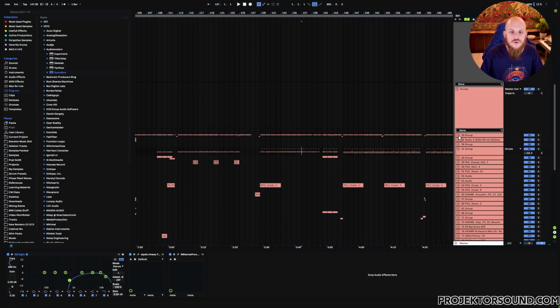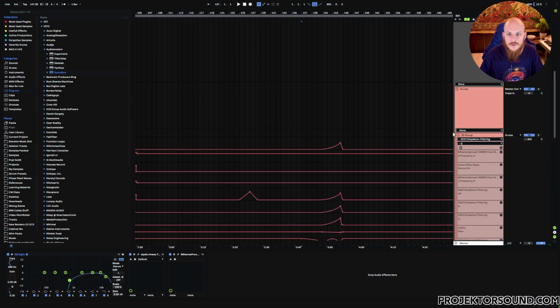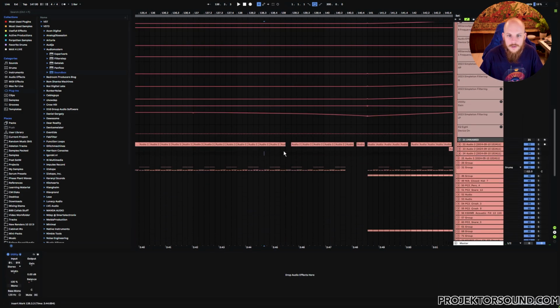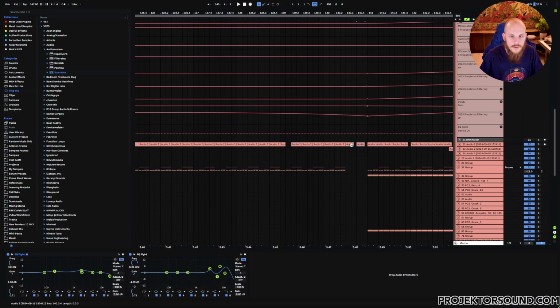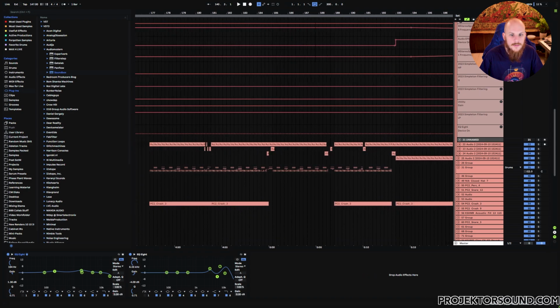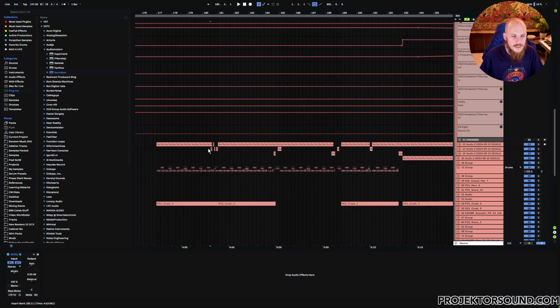But then there's also all of the other smaller fills that are sitting in between. We've already heard a few of them. For example, over here, you can see that I'm doing some stuff with the kick over here and over here. These are more like, I would say, complexities, which is something that I actually have done a video on before in regards to high tech. But of course, with this kind of sidetrends, you also want those kind of things happening. And probably a better example of that is stuff over here. So here you can see we have quite a bit of complexity happening. So if I just play this segment over here,